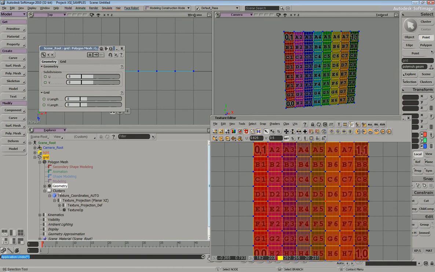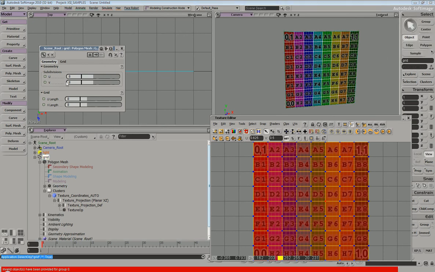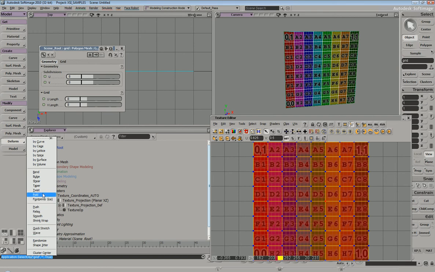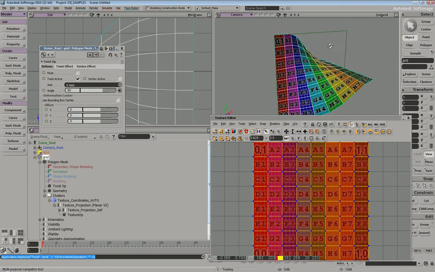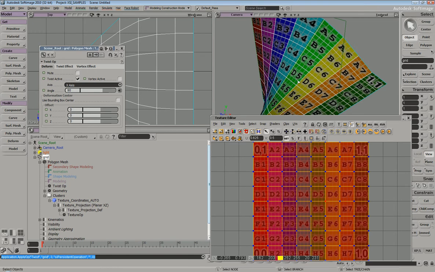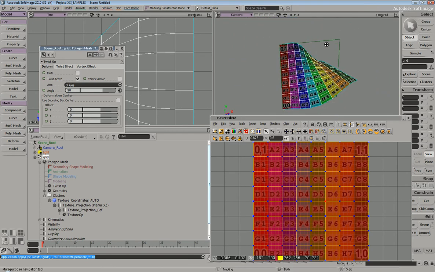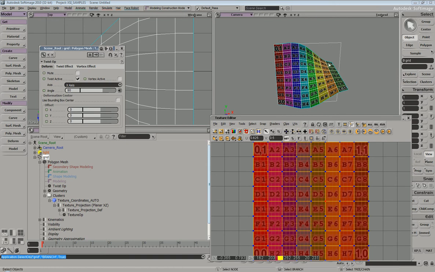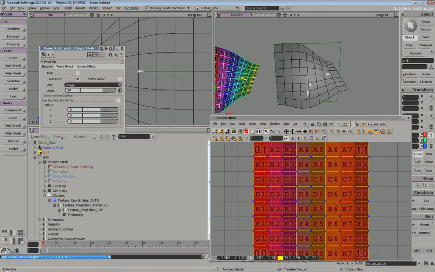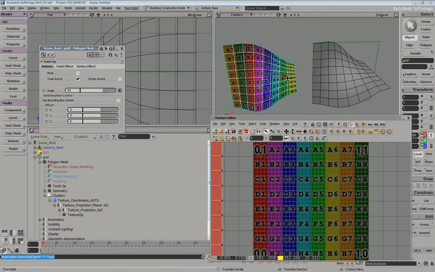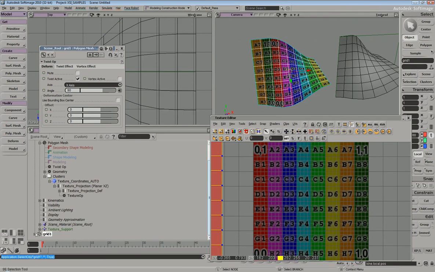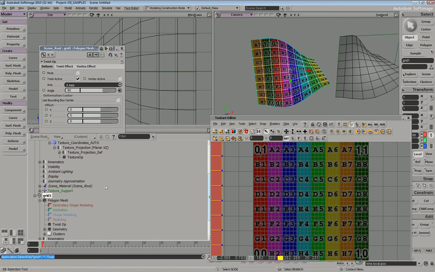So again, if we hover over this texture operator here, it's reading just above the geometry. If I were to do a deformer, let's say a twist deformer, let's try this on our object in object mode, twist. You can see that the texture went along and began to move with the object. So if I were to duplicate this here, just bring it over so they both have their projection, and let's frame this, open up the active primitive, clusters,